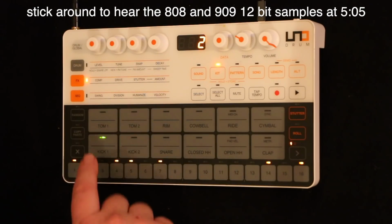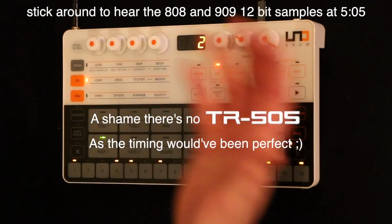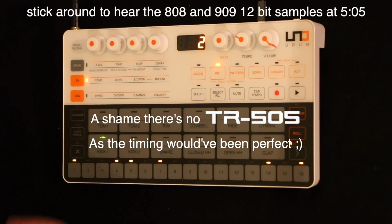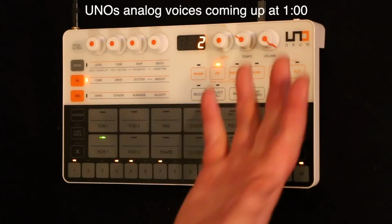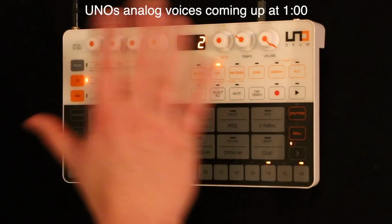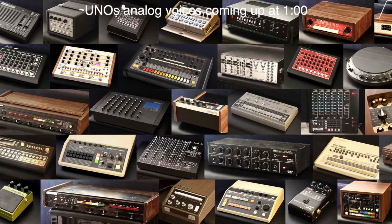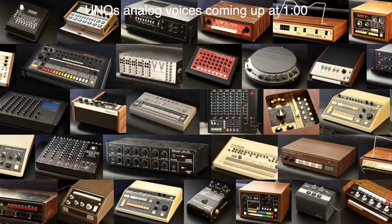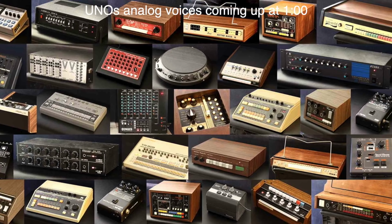So for the kick, for example, you can have analog or you can have 4 different PCMs, and it came standard with Uno PCM samples. The snare again has an analog snare or 4 PCM samples. The closed and the open hi-hat has an analog hi-hat or 4 PCM samples. So what the Anthology has done is replace the final 4 PCM samples on each of the elements with 12-bit samples of old drum machines. So you're not getting an analog emulation of all these drum machines, you're getting 12-bit crunchy S950 Akai MPC style